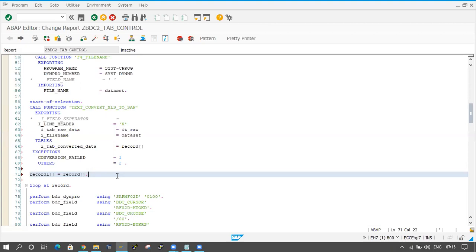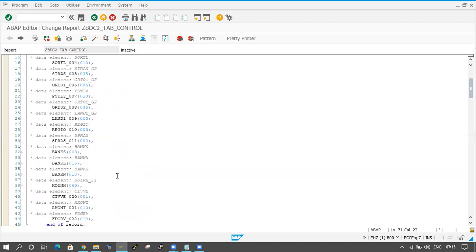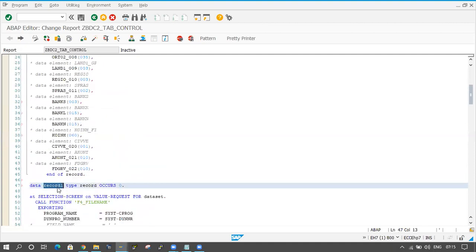Otherwise, I will take one more, like IT panel. For your understanding purpose, I am taking IT panel, not record one. So I am taking IT panel type record, and here occurs 0 I will remove, and I will take a work area also.